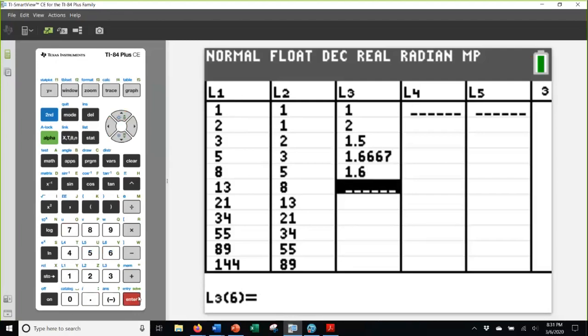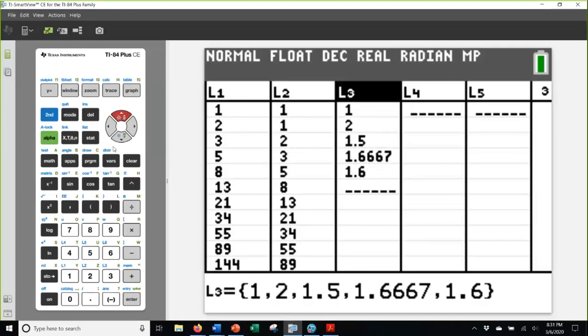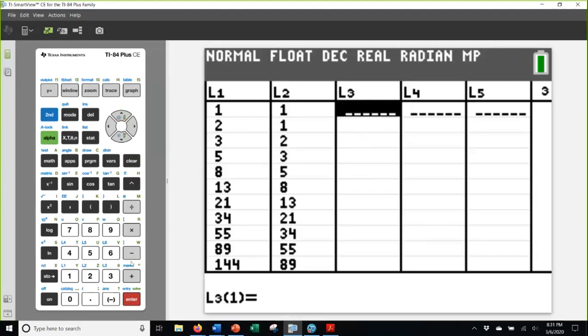And at this point, I'm out of my ability to do this math mentally, so let's do the math in this spreadsheet in our lists. If you arrow all the way up to L3 and press enter, it lets you come down here to this entry line. I'm going to clear those values. If you hit delete, you'll delete the whole column. You'll have to do setup editor to fix that up, but just hit clear. Press enter. Now I have a clean column. And what I want to do here is take L1, sorry, I meant to hit the second button, not alpha. L1 is second number 1, and divide it by second number 2.